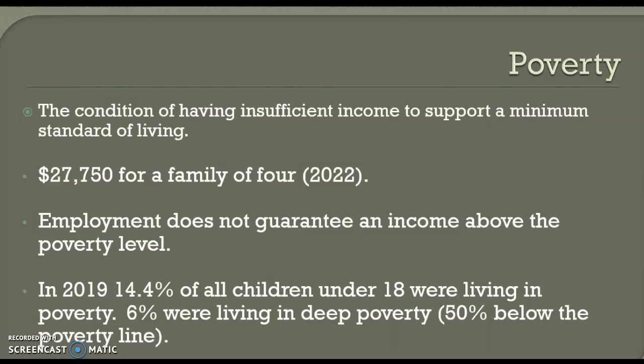The statistics that we are concerned with are that 14.4% of all children under 18 were living in poverty in 2019, and 6% were living in deep poverty, 50% below the poverty line. Typically, the poorest children tend to be the youngest children, and we know that birth to 5 is a critical point in time for development,